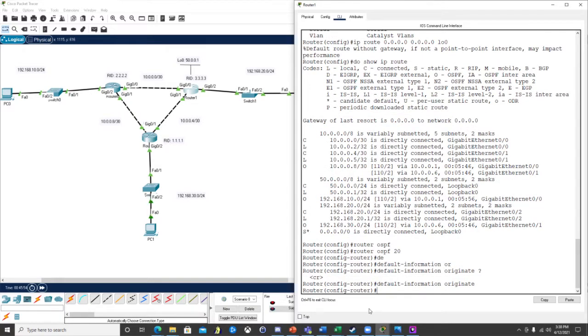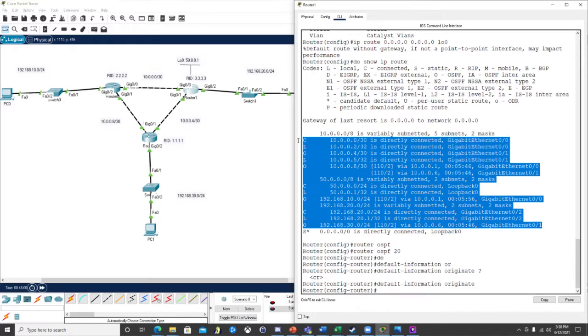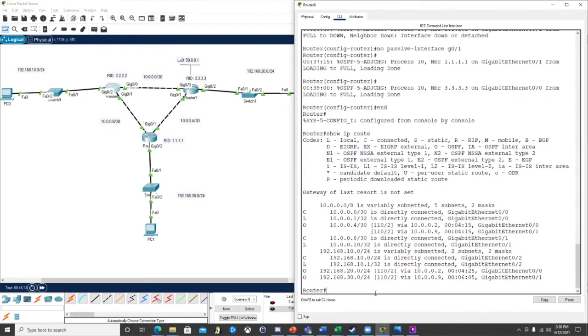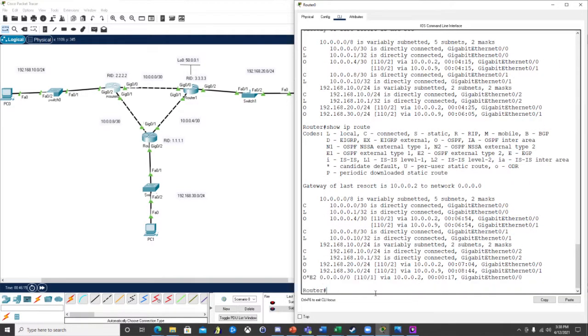And what this command does is it essentially says, I have a default route or a gateway of last resort, and I am going to advertise it along with the rest of my routing table towards other devices that are using OSPF. So now if I go back over to router 0 here and we look at our routing table,